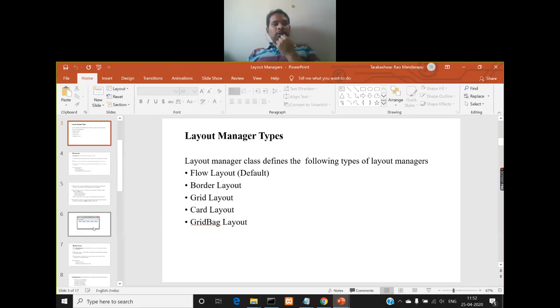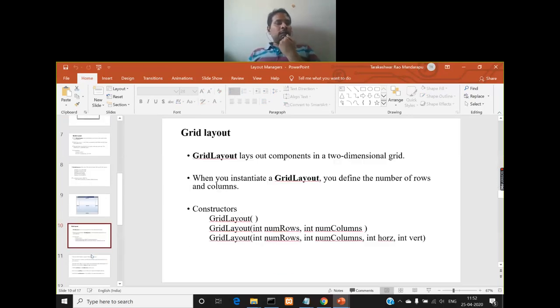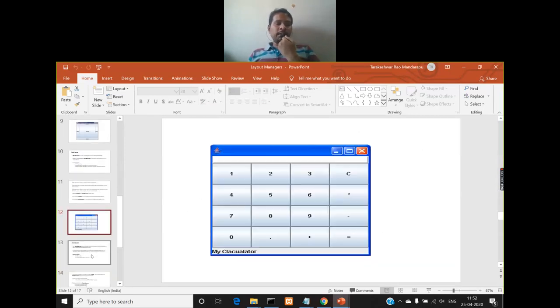Okay. So let me show you first how a grid layout looks like after the program is executed. So for example, look at this image. This is the applet window and this is a calculator program. So at the top you have a rectangular text box, right?